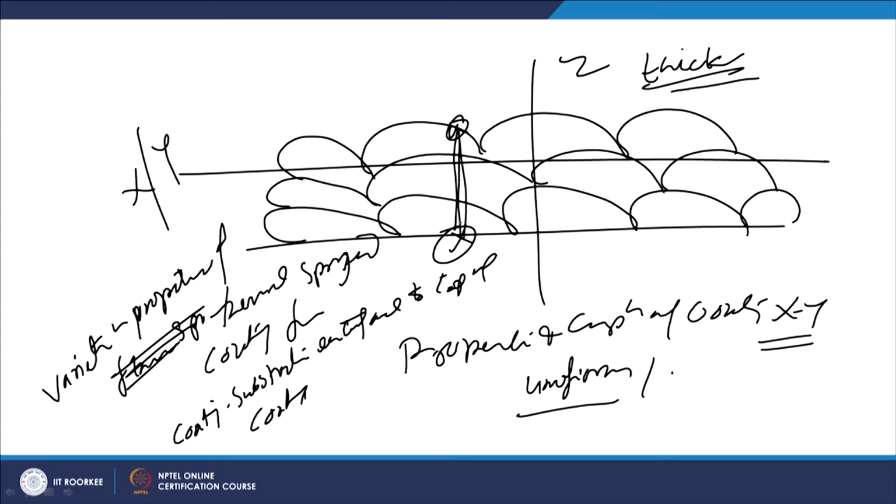So, heterogeneity exists in the thickness direction, while in the xy direction, or at a particular plane of the coating, the variation in the composition as well as properties is very limited. Now, we will see one typical thermal spray process, that is called the flame spray